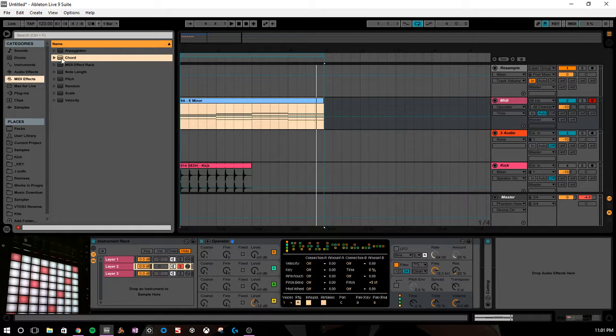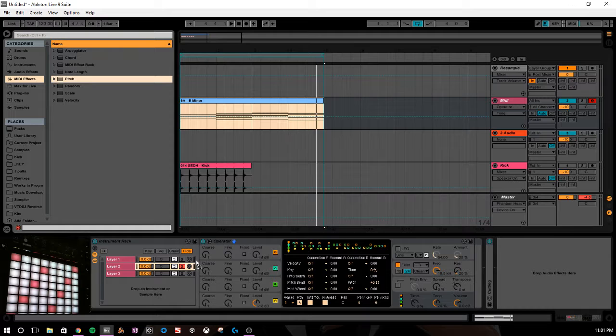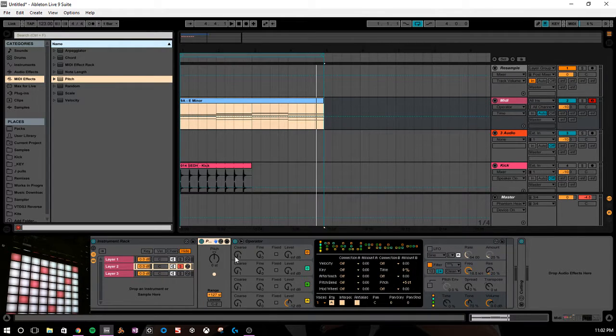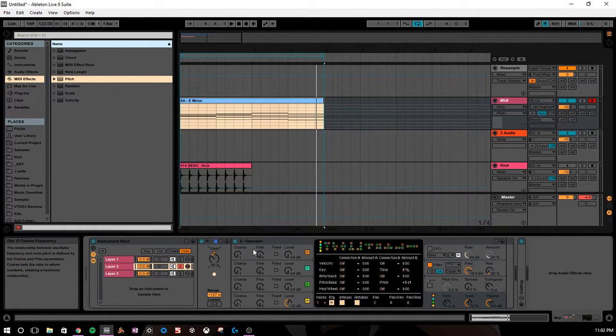MIDI effects, because it's a higher pitch and I want it to be a lower pitch, I'm going to bring in a pitch MIDI effect. I'm going to do it right before the operator. And I'm going to drop it 36 semitones or 3 octaves. This will give me kind of a counter sub to the